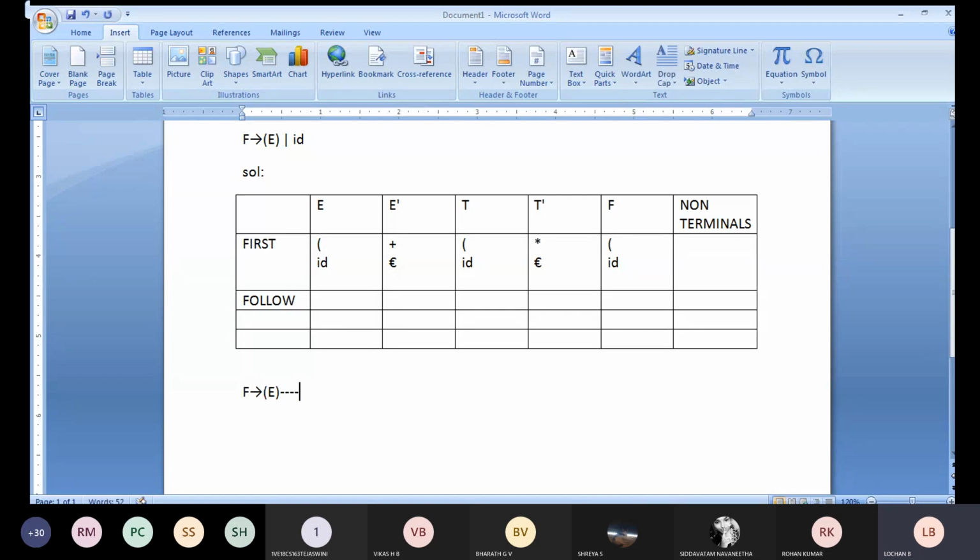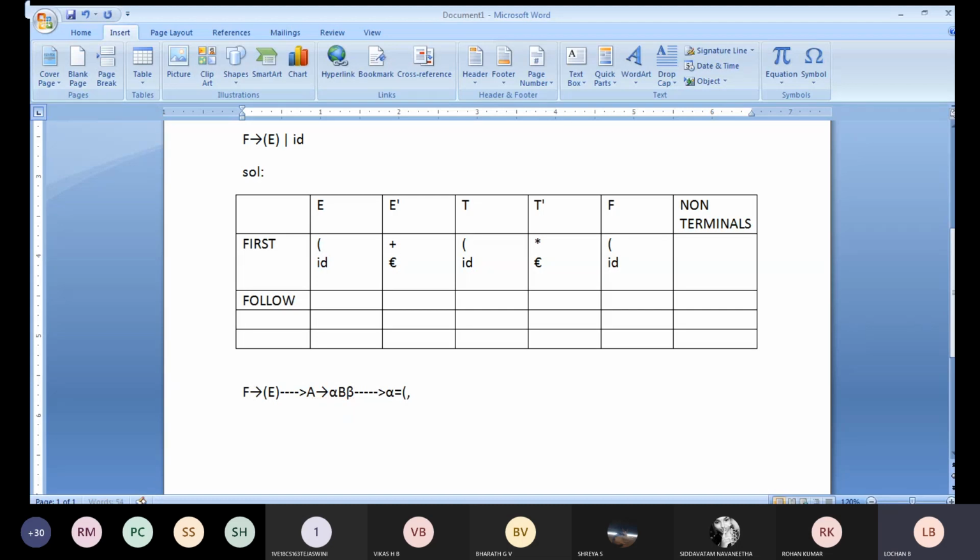So if you see this particular case, A implies alpha B beta. This is the form we will be getting. In this particular case, we will be checking what is your alpha value. Alpha value is your open bracket.